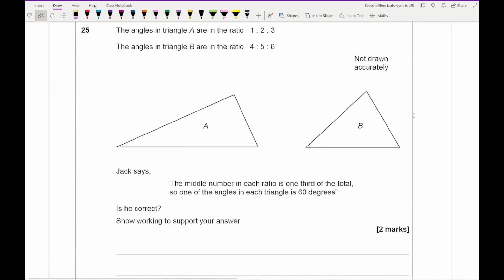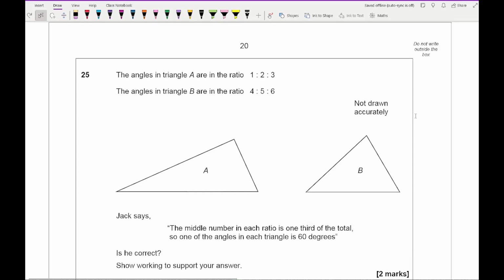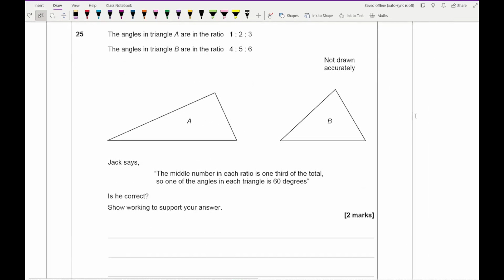For question 25, it says the angles in triangle A are in the ratio of 1 to 2 to 3. The angles in triangle B are in the ratio of 4 to 5 to 6. Jack says that the middle number in each ratio is 1/3 of the total, so one of the angles in each triangle is 60 degrees. Is he correct? So first of all, if we work out the angles in triangle A, so here we've got